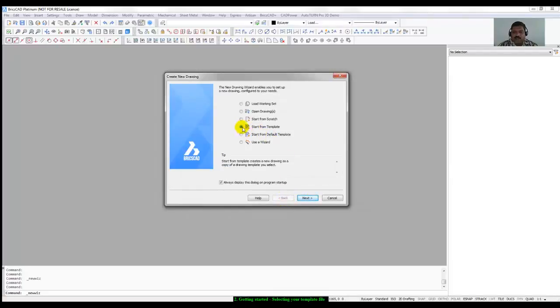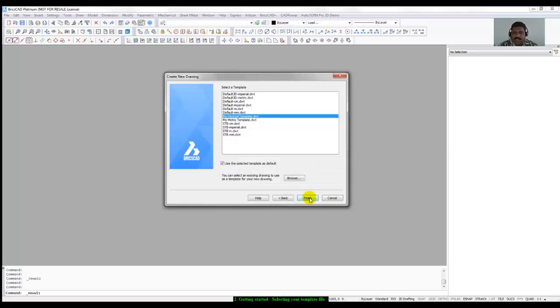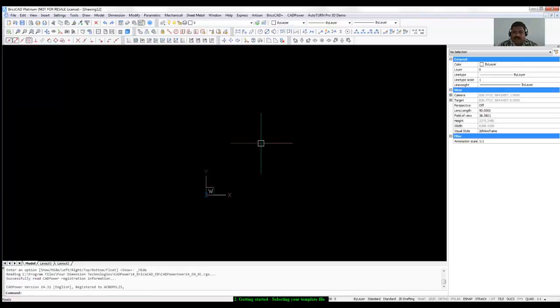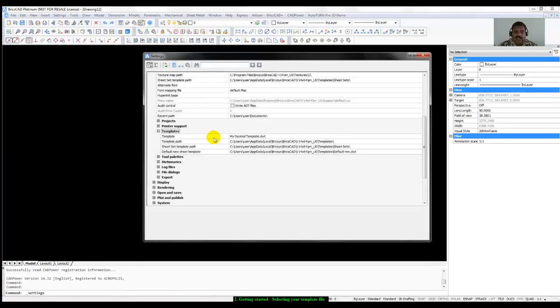Okay, let me start this drawing. I say finish, and just to check, I go on to the settings, and here I have an option where I could select my template. So you could type here templates